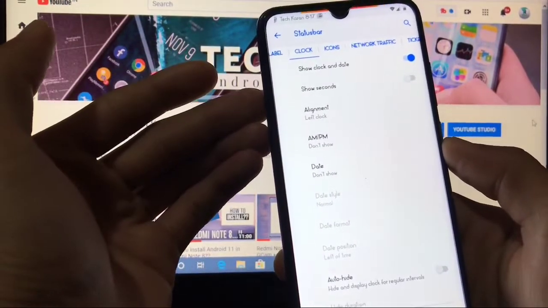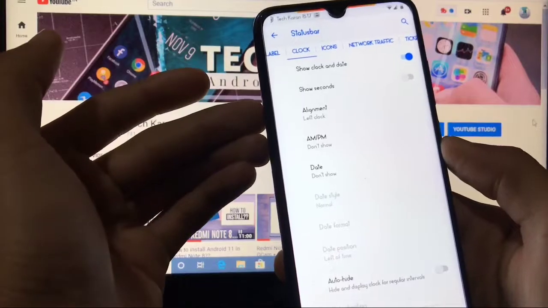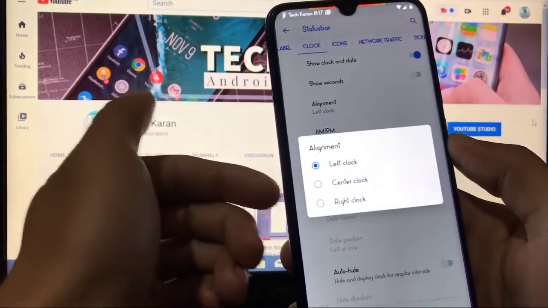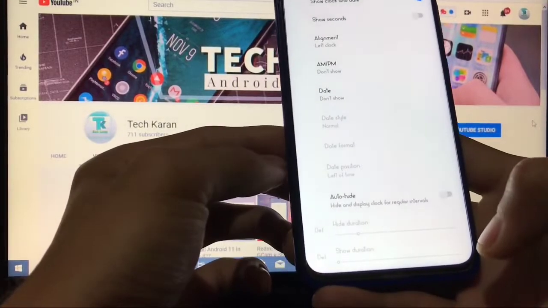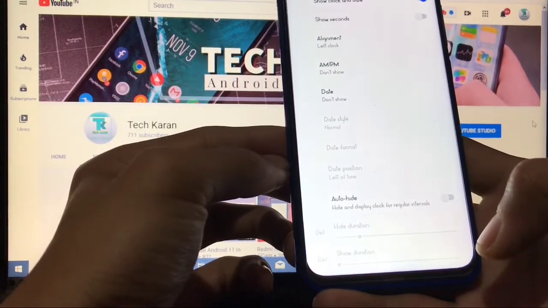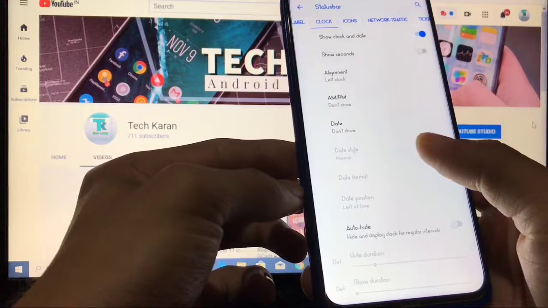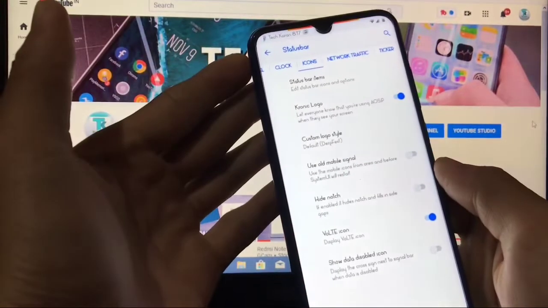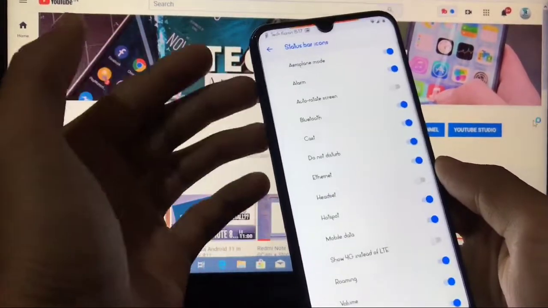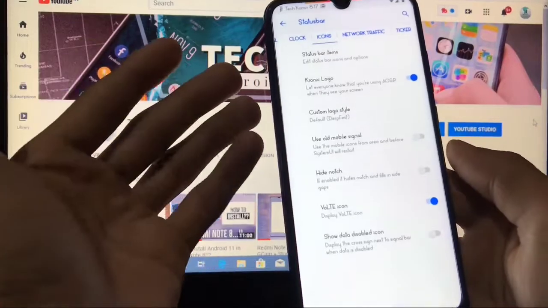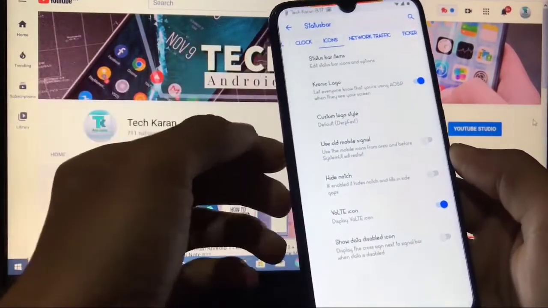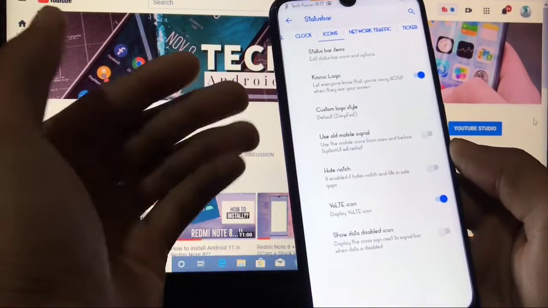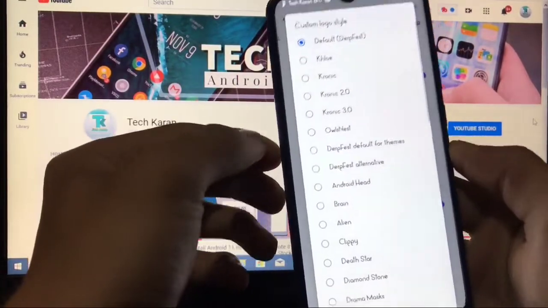You can customize the clock settings to this one, show seconds, alignment to left clock, center clock and right clock, AM PM, date. Also you can choose to auto hide the clock for regular intervals. Then you have the option of custom status bar items, which you can enable or disable from here. Logo, you can see DerpFest logo here, old mobile signal, custom logo style, whichever you like on